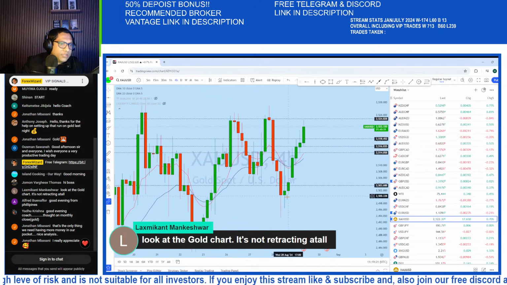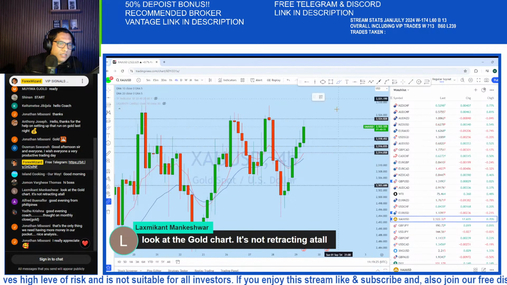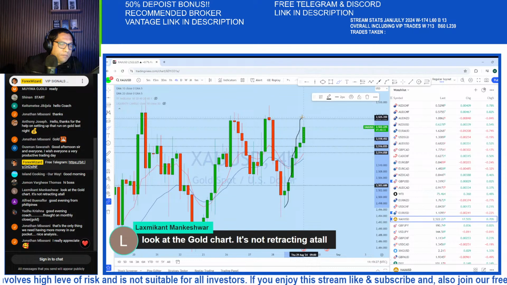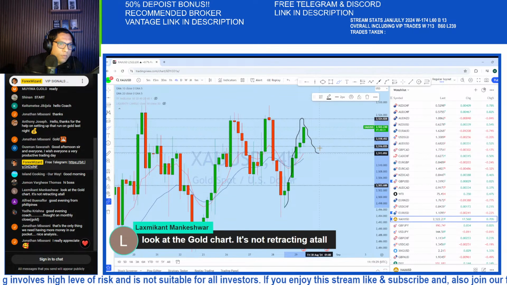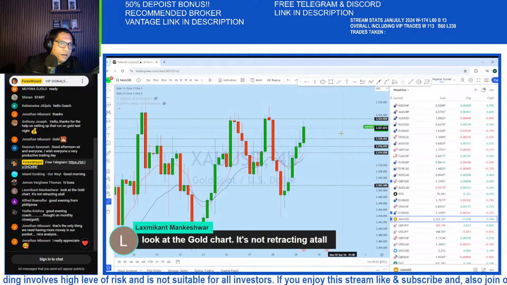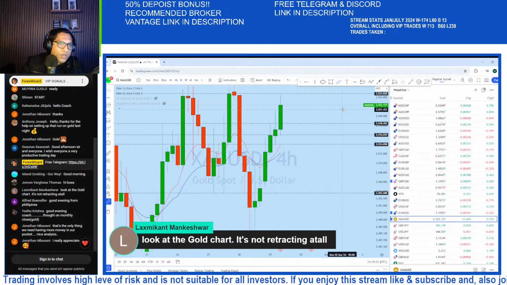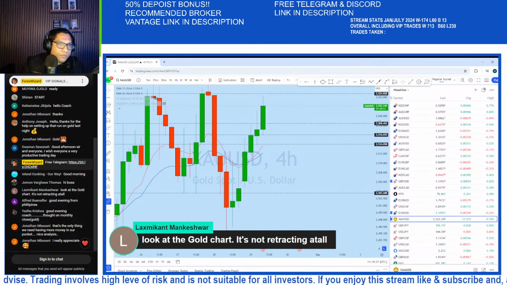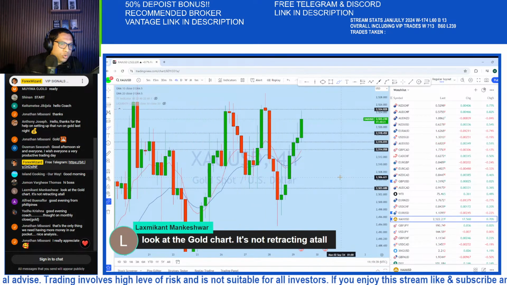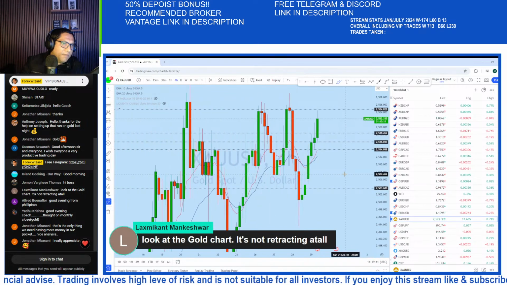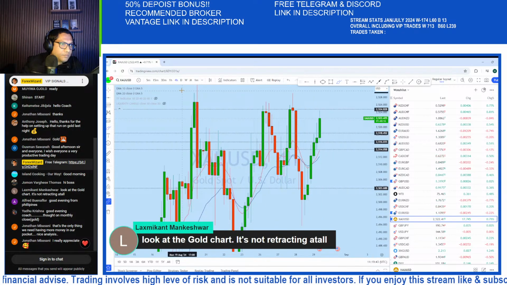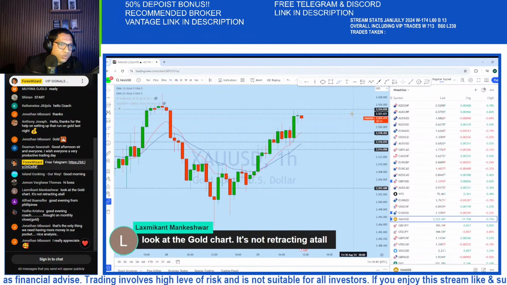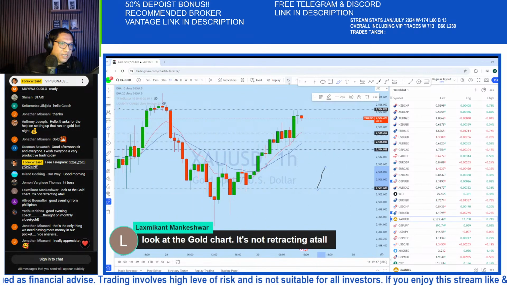On gold, this is a 4-hour time frame, and this is a very strong bullish impulse. Expecting a deeper pullback and then to again bounce back up. So if it is dropping to the 25.14 level, that will be a very important zone to look at for returning back to the upside with the news. So I'm expecting that.